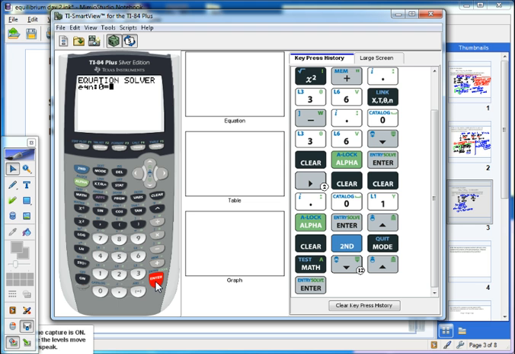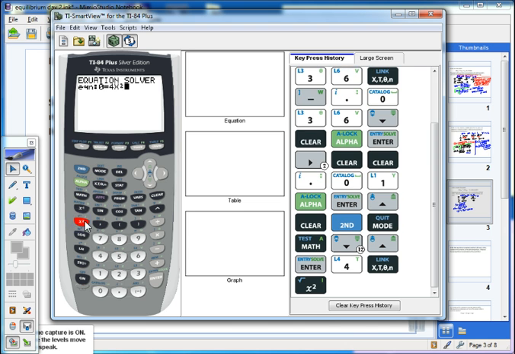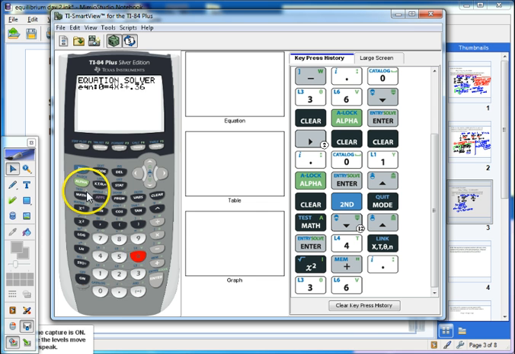Once you get to the solver, if you're on a screen that says x equals, you want to arrow up. So it says equation 0 equals. If you have an equation there, clear it. We're going to enter our equation. So I'm going to do 4, and use this x-t-theta-n key for my x, 4x squared plus 0.36x